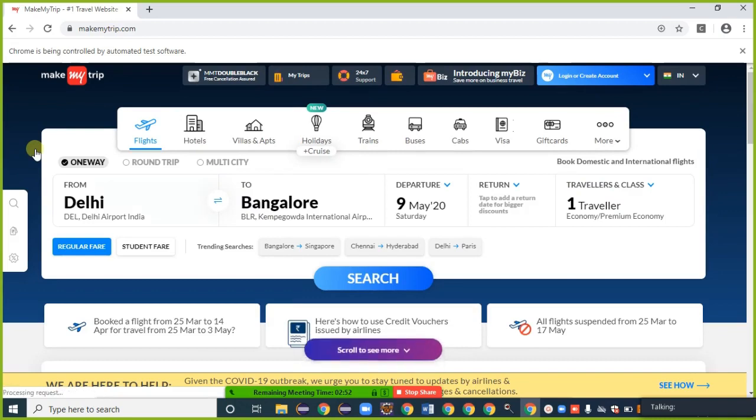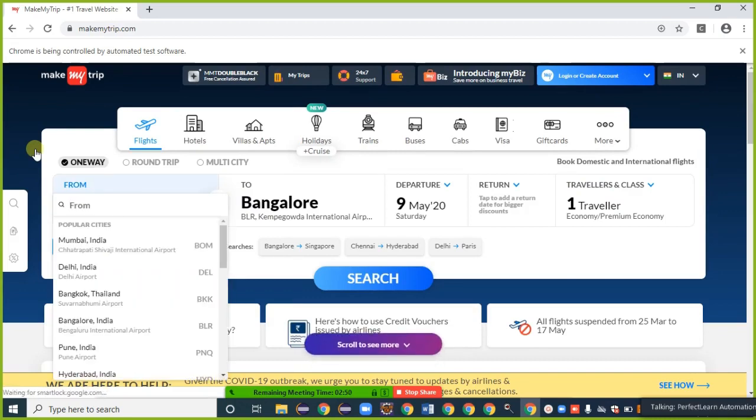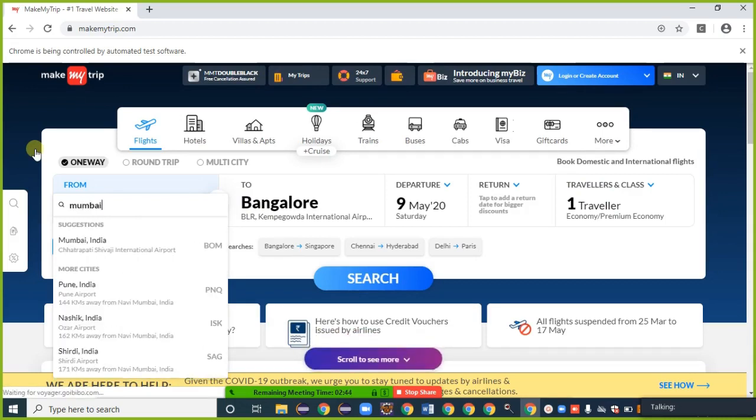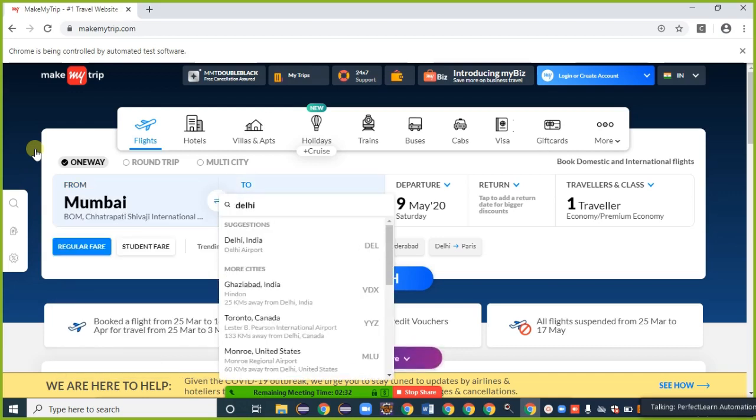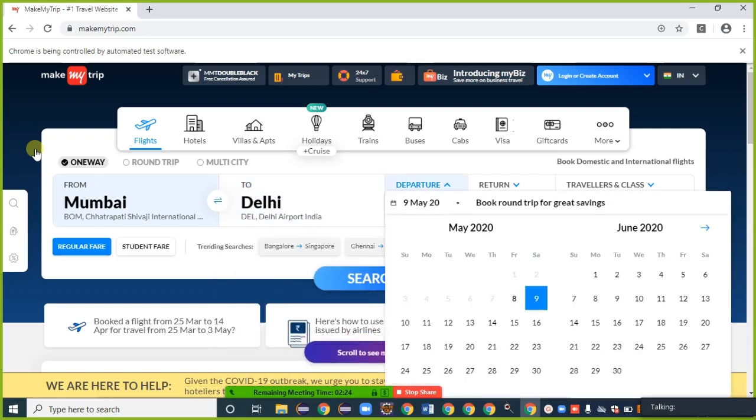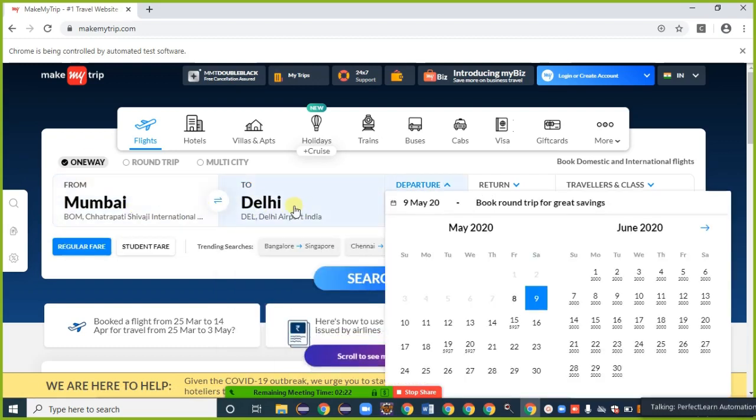Opening the URL as MakeMyTrip. Mumbai, then arrow down, select Mumbai. Then here Delhi, arrow down, select Delhi. Yes, okay. As per the given steps, from and to, Mumbai to Delhi get selected here.